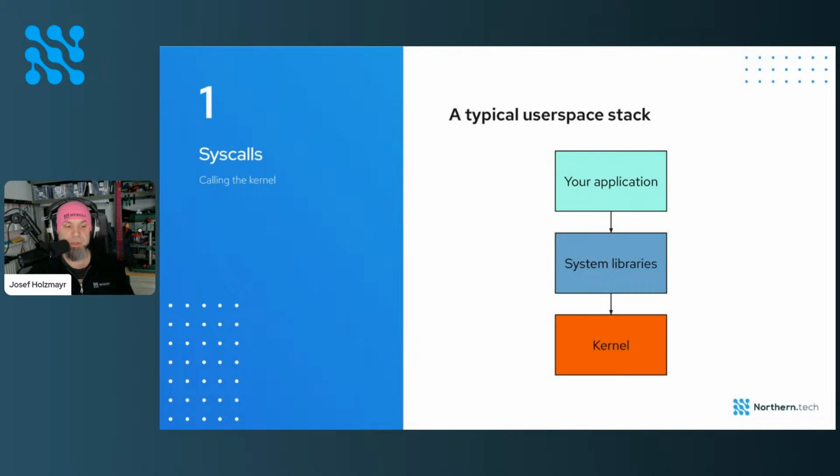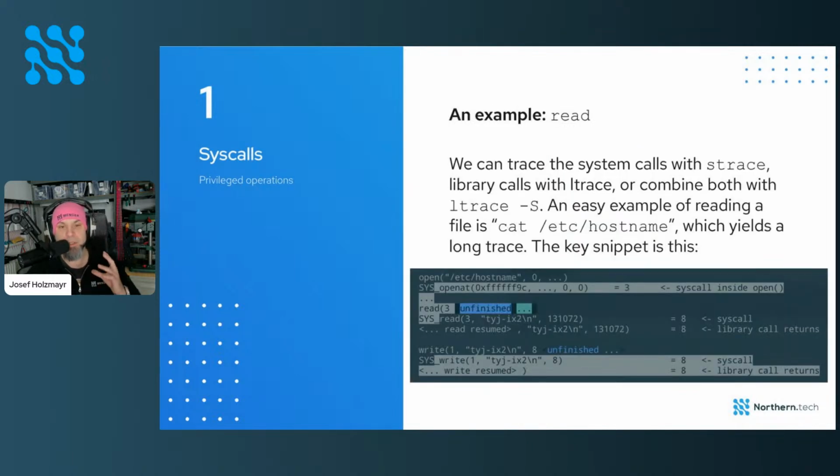So what are system calls actually meant for? Whatever your application does in user space, it is actually somewhat limited. A very, very simple example of what a system call is read. If you're reading from a file, how can you find out where system calls are going on? Well, on Linux, you have two fancy tools. This is strace, where the S already stands for system call trace. And if you want a little bit more information, which I usually prefer,